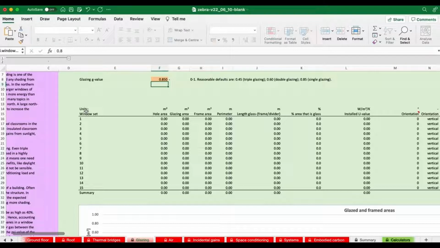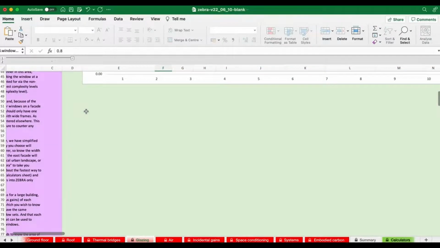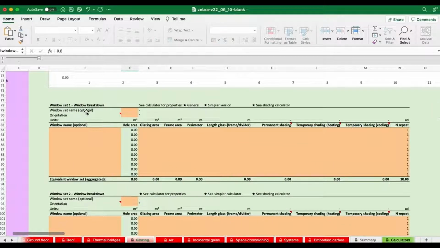Now, first thing to get your head round is, what do we mean by an area of window? What we actually mean is the area of the hole in which the window sits. Glazing will take up a smaller amount of space because there won't be a frame or any other glazing bars or whatever. But the default is to always start with the area of the hole. Now, you can see that there aren't any input cells there. There's no yellowy beige things. And they exist down here in this area here. And we need to specify this information for each of the windows.